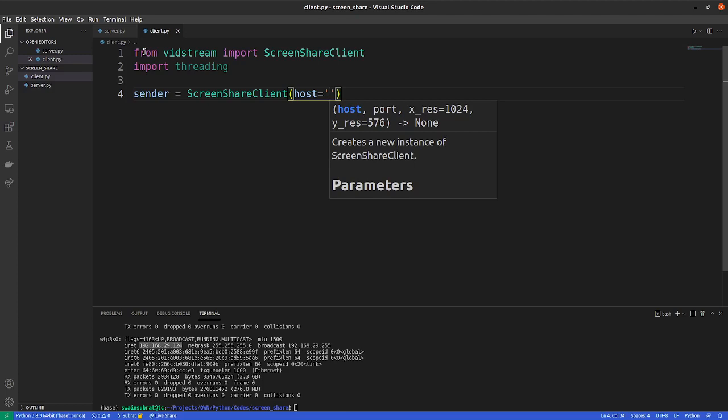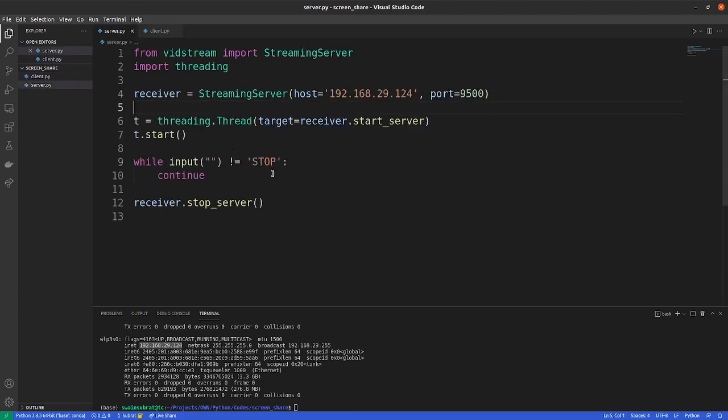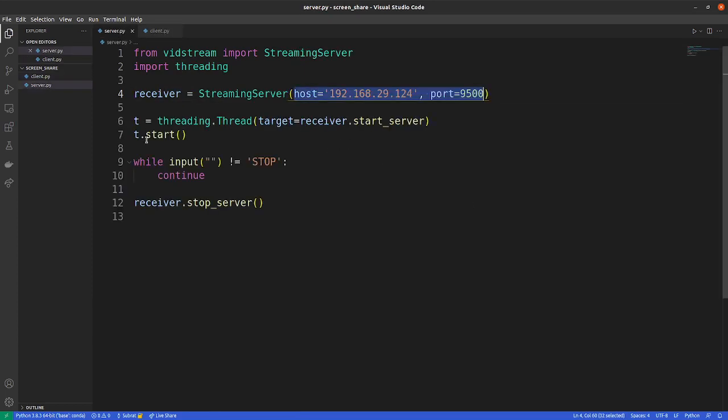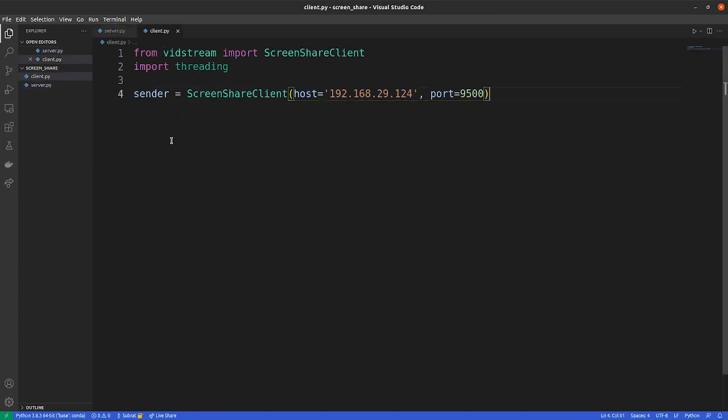Okay, so I'll just copy the IP address from here and paste it here.